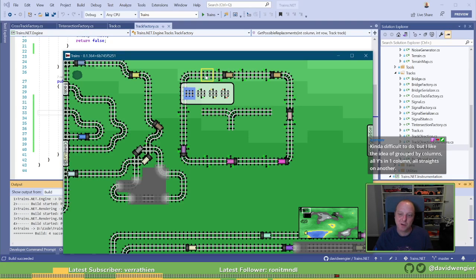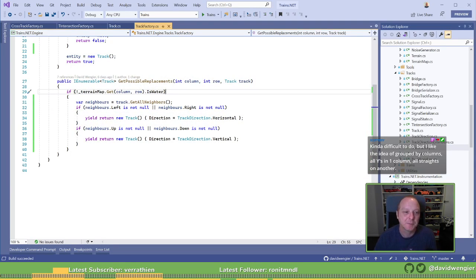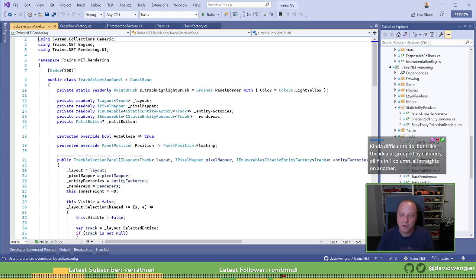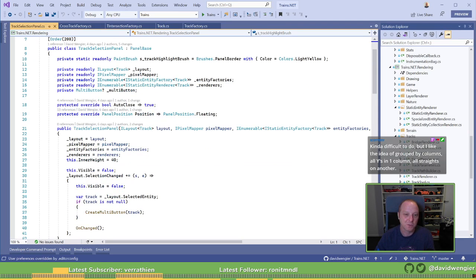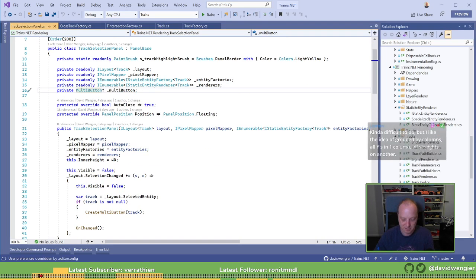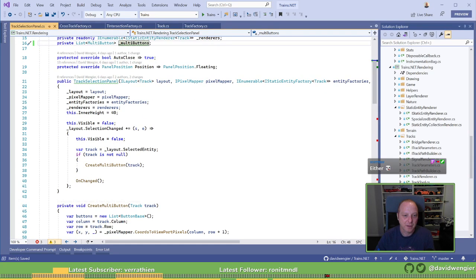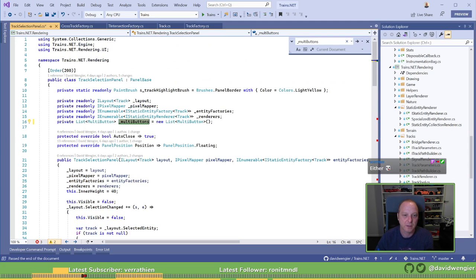Group by columns, all Y's in one column, all straights in another. That's not difficult to do. That's actually a good idea. Yeah, let's try that. Essentially what you're saying is grouped in columns or rows. So grouped in rows is easy. I can group by rows by making this a list of buttons, and then yep, it's a new list, and then